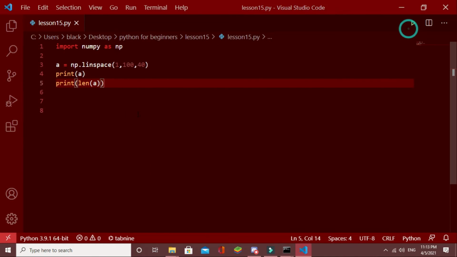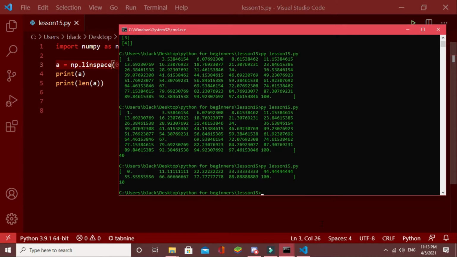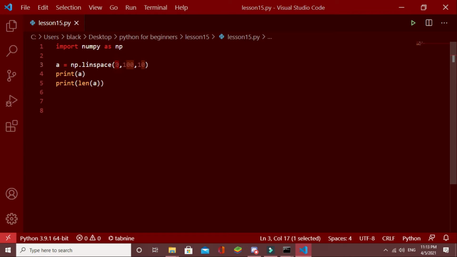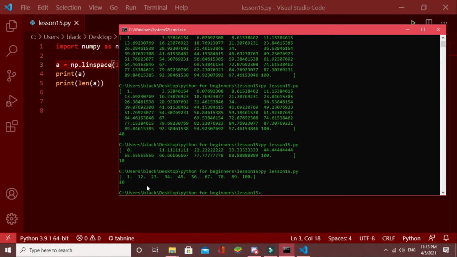To check whether it is truly correct, I will start with 0 and go to 100, and I want 10 numbers. Actually, it should be 1. As you can see, here it is 1, 12, 23. Likewise, there are 10 elements, and they are linearly spaced in between.